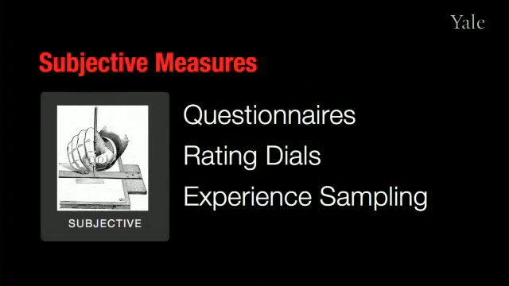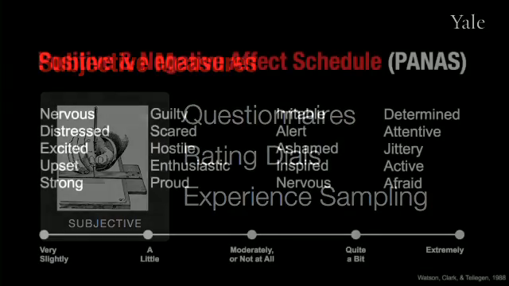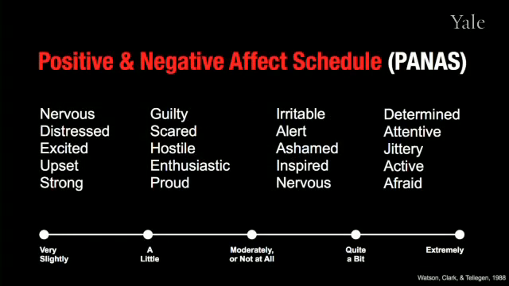When we think about subjective measures, we can roughly break them into three broad categories: self-report questionnaires, continuous rating dials, and experience sampling methods to capture emotion in everyday life. So let's begin first with some common questionnaires. So one of the most common questionnaires to assess both positive and negative emotion experience is called the Positive and Negative Affect Schedule, or the PANAS, P-A-N-A-S. So as what you can see here, there's a host of different emotion-related adjectives which participants are asked to rate